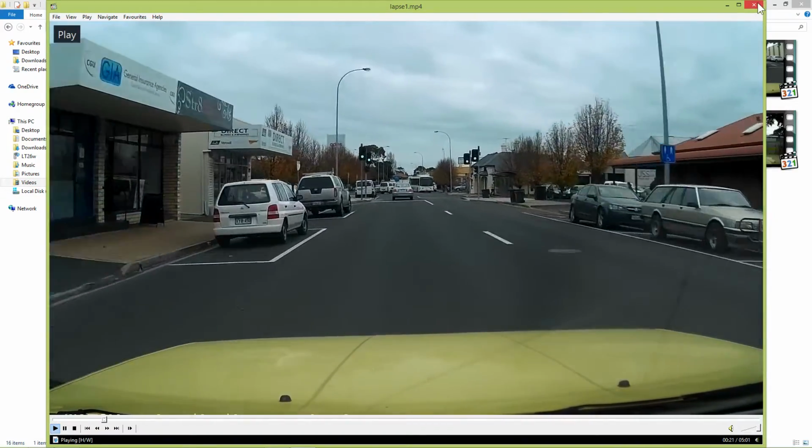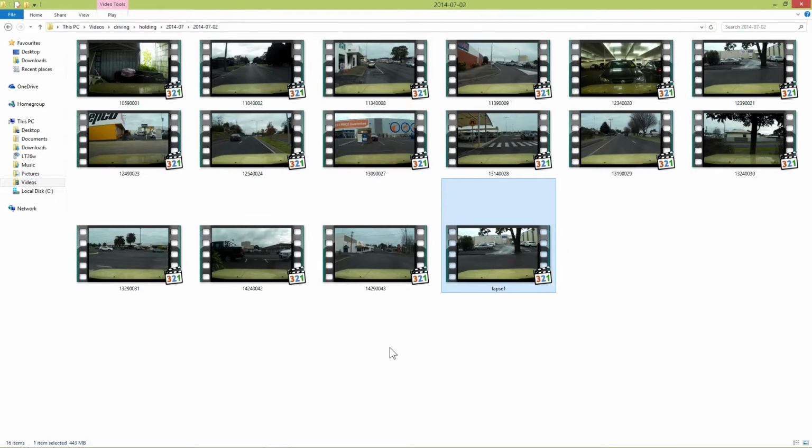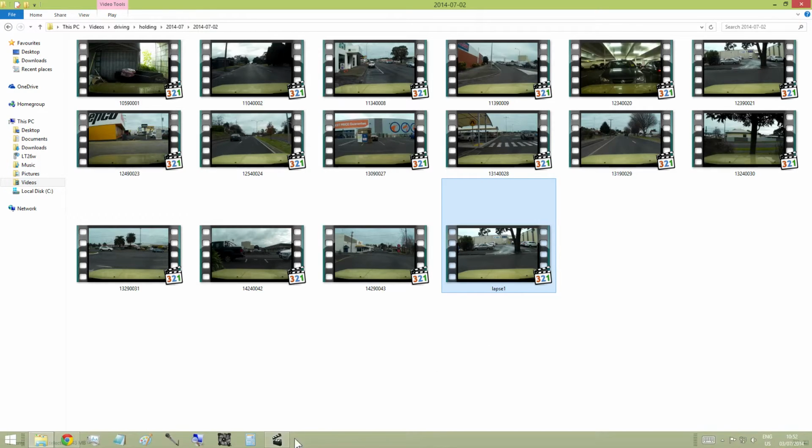So that's that. Now the soundtrack doesn't actually keep in sync. I'm not sure how to tweak the sound. You'd probably want to fiddle around with Audacity and do some other things, but that's not quite within the scope of what I'm doing here. So